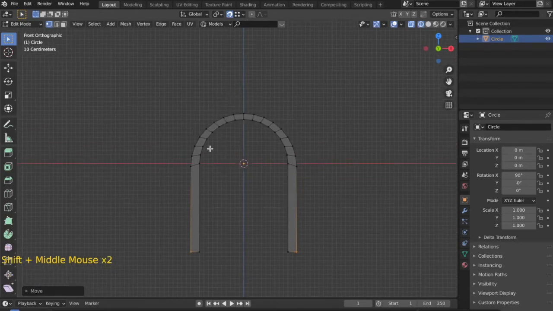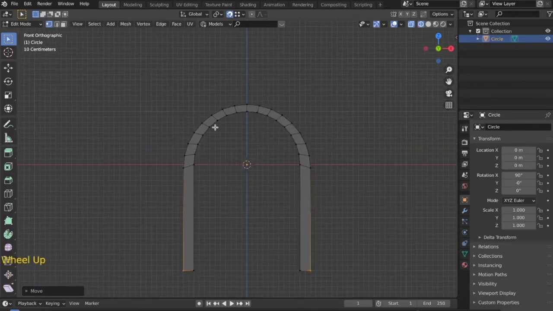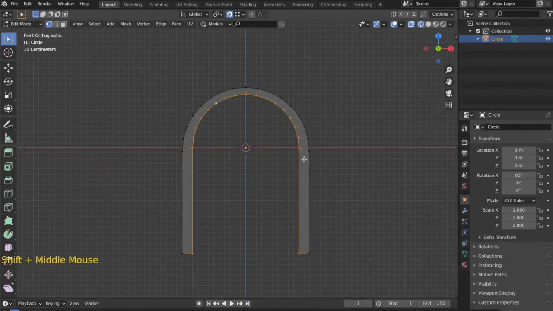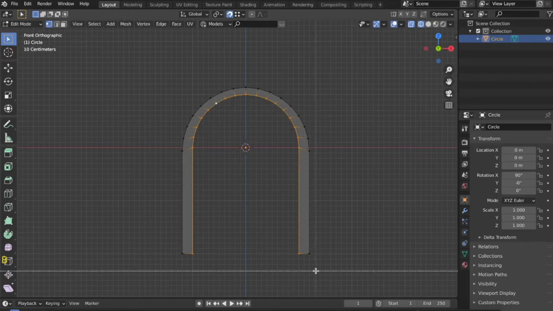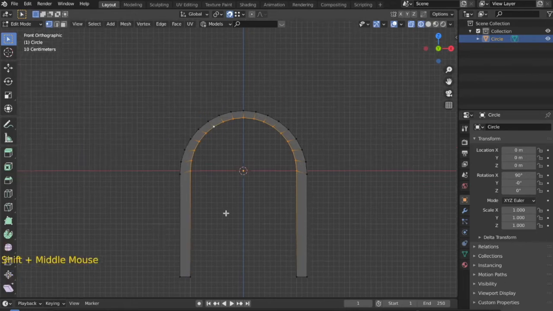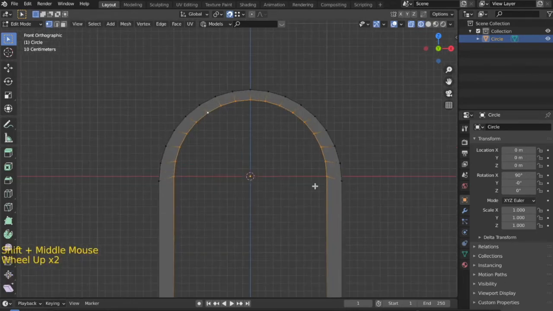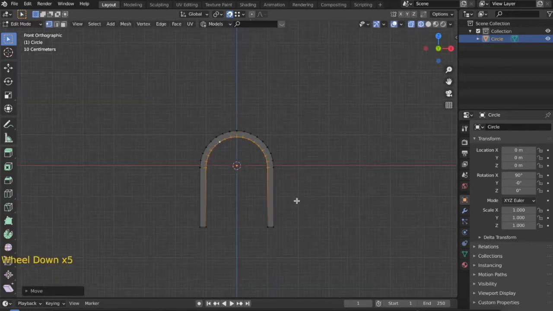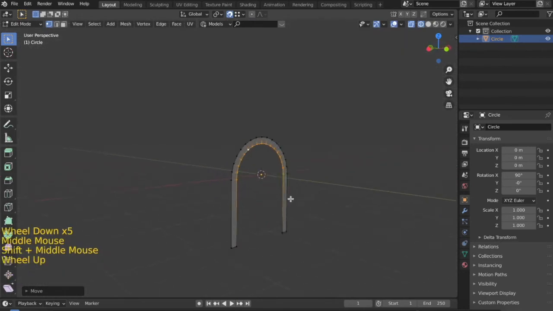Now we will align this curved part. I'll press Alt on the keyboard and then left click, or right click if you have chosen that. And now you can see all of them have been selected. But now these bottom two have been aligned, so I'll press B and then press the scroll wheel along and then I'll deselect them. And to align them again, I'll press G and then press Z and move the cursor to snap it to this vertex. As you can see, we have a perfect shape over here right now.